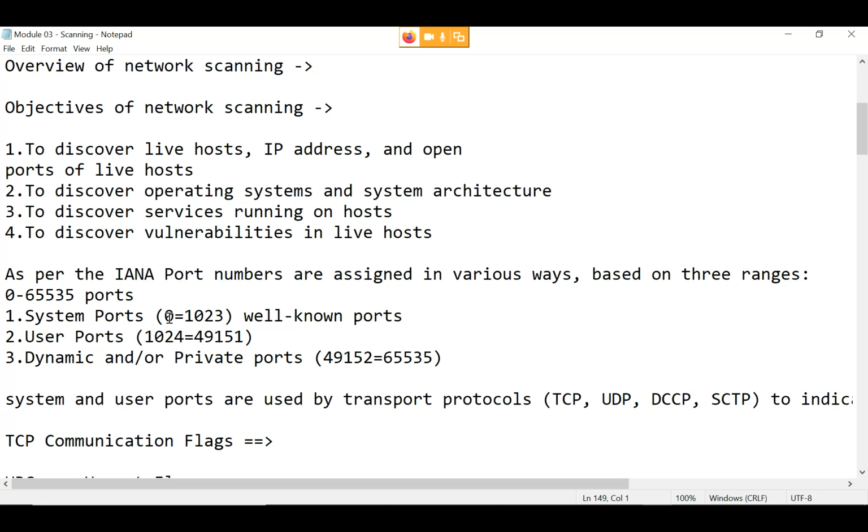So after finding open ports, our next target is to discover the operating system and system architecture. So what operating system is the host, the particular PC, using? And then we try to discover